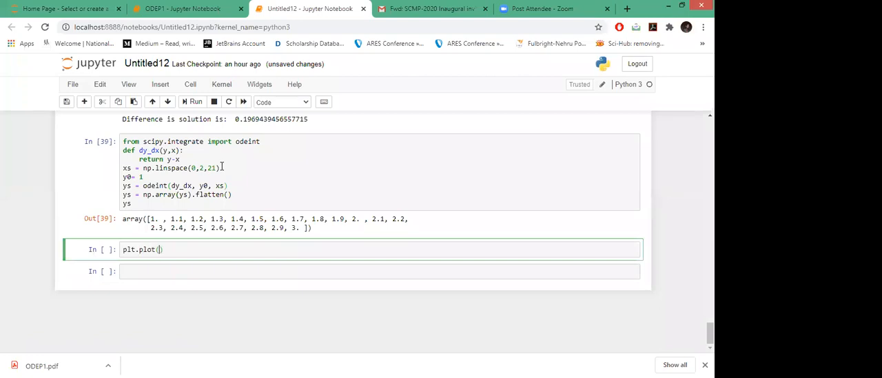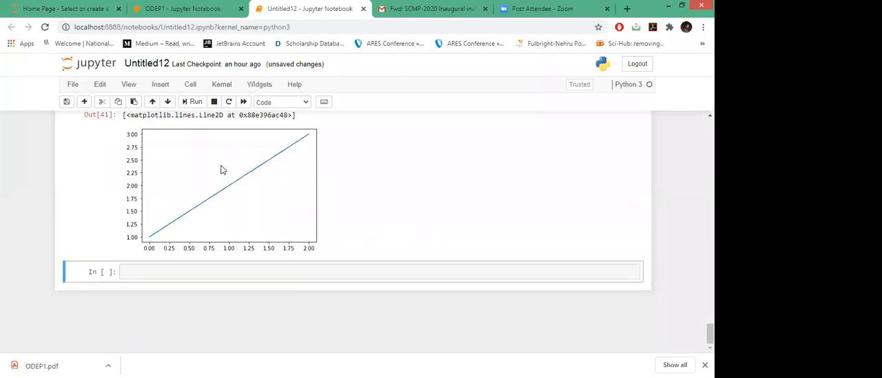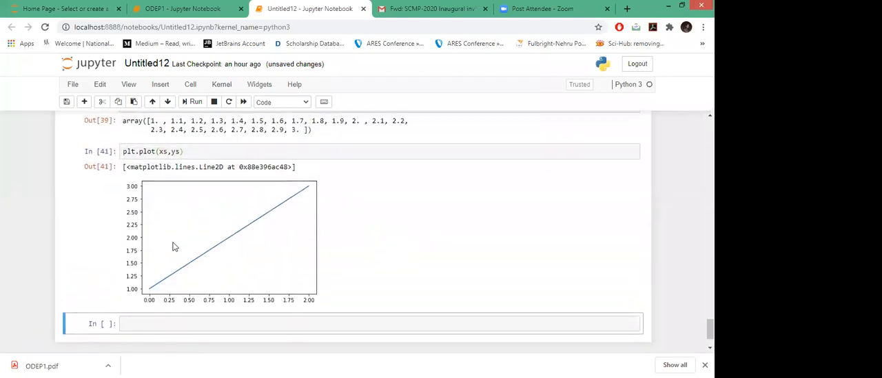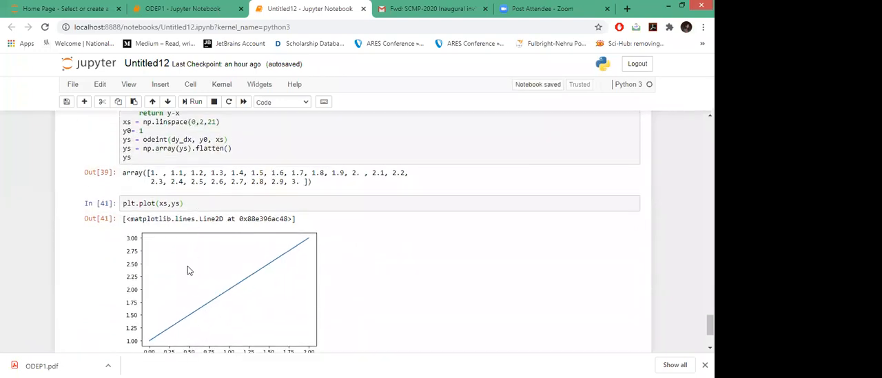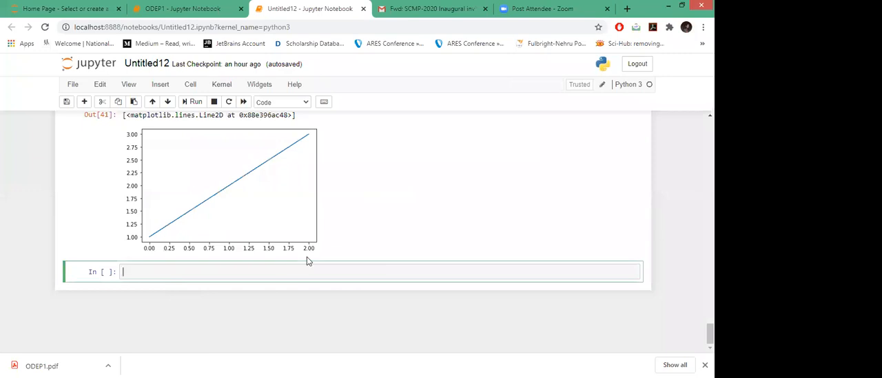Plot function with these values. Okay. So this is just linear output. Okay, the form of the solution. The point is the loop. So this is how you can use ODE in